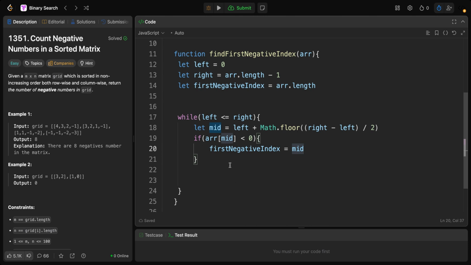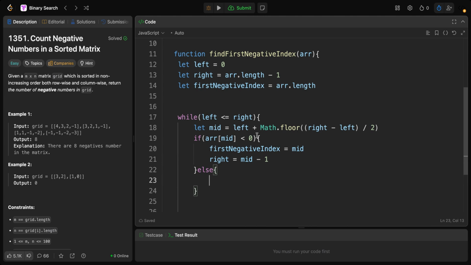If this if statement is true, the current element is negative, and it's a potential first negative. So we store its index and try to find any earlier one to its left. It might be the first negative, but we are not sure yet, so we will set right equal to mid minus 1,